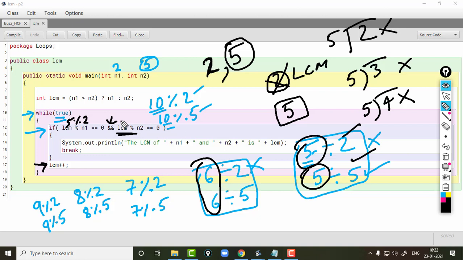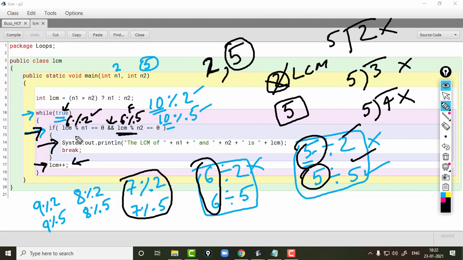Control comes here, the condition is true, control comes inside, and this time it will check 6 modulus 2, and then 6 modulus 5. Of course this one will be true, but this one will be false. So the control did not enter the if block. Control came to line number 17, and LCM will become 7.